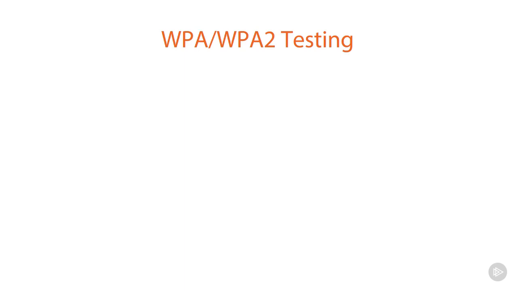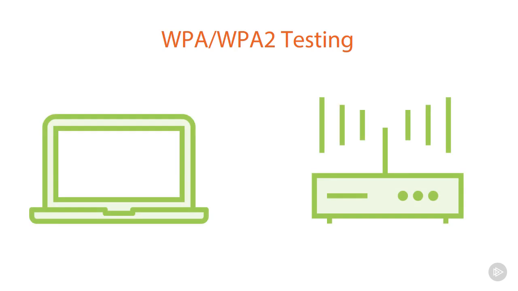Now, when it comes to testing WPA or WPA2, this is all predicated on the fact that maybe somebody is using, or your target is using, an extremely weak key. And the weakness of the key is, in my opinion, going to be not necessarily the length, but the actual words, because we're going to use dictionary words or a dictionary list against this type of pen test. So once you've found your client and your access point,